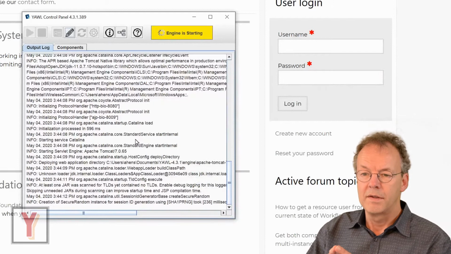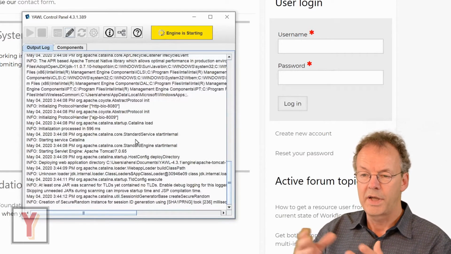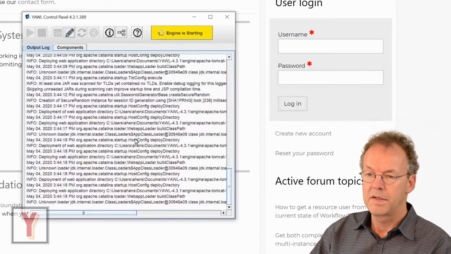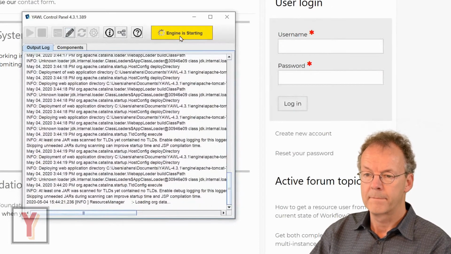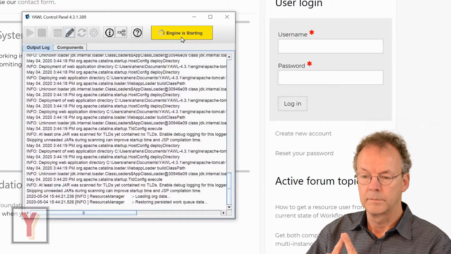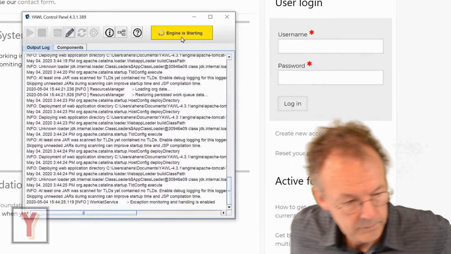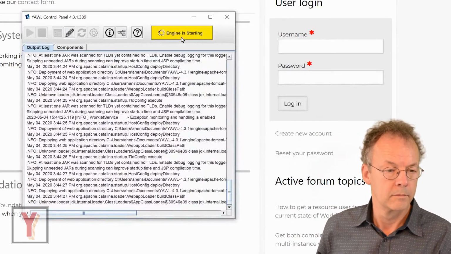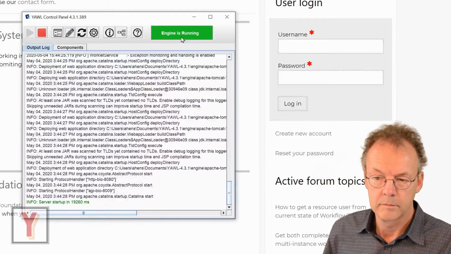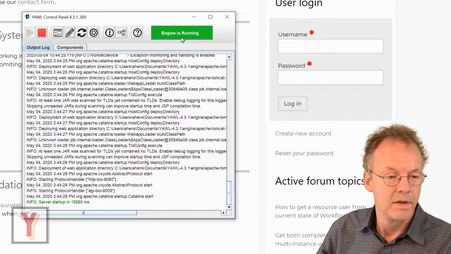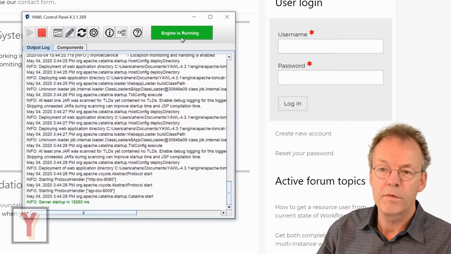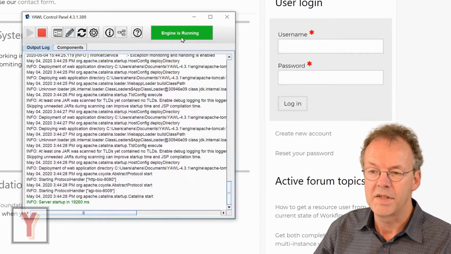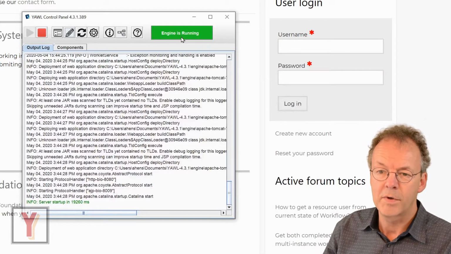And once the YAWL engine is started, we get a green symbol over here. Okay, now the engine is running.